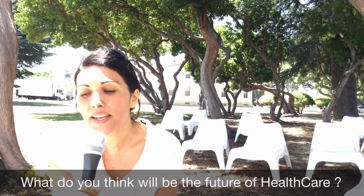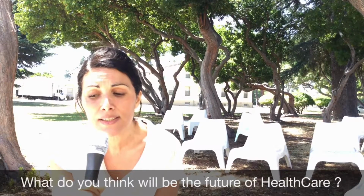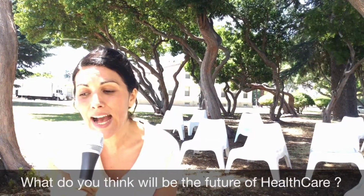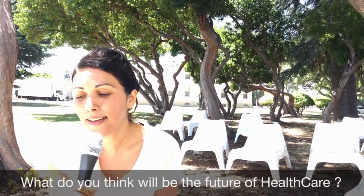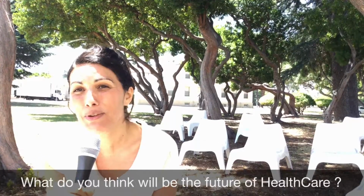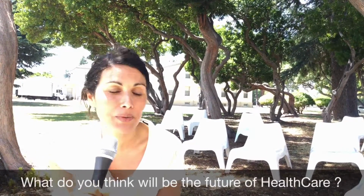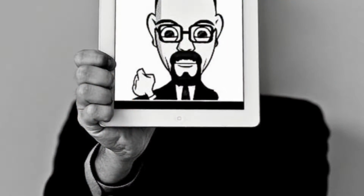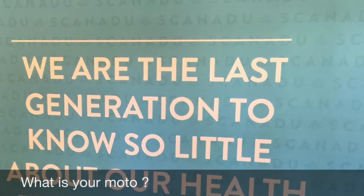So I think it will be very different in the sense that patient/consumer will be more treated and acting as customer. They will have better service, better access. They will own their data. I think that's very important. My data is mine. I should own it and do whatever I want with it. Yeah, we believe that we are the last generation to know so